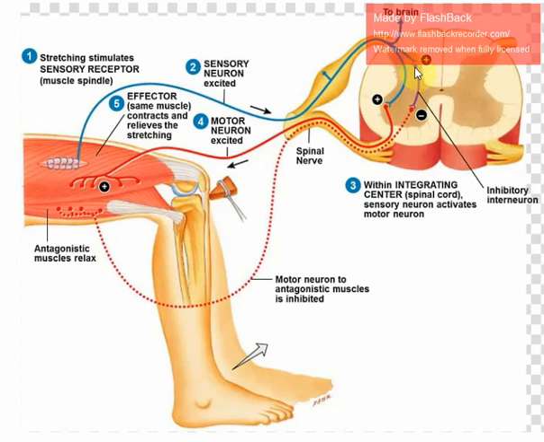So this will branch with a synapse with an interneuron, which is inhibitory in nature, and that is why after it synapses with the interneuron, the inhibitory, it will synapse with the inhibitory motor neuron, and from here you can see there is the dotted red line coming to the other group of the muscle, that is the antagonistic group,